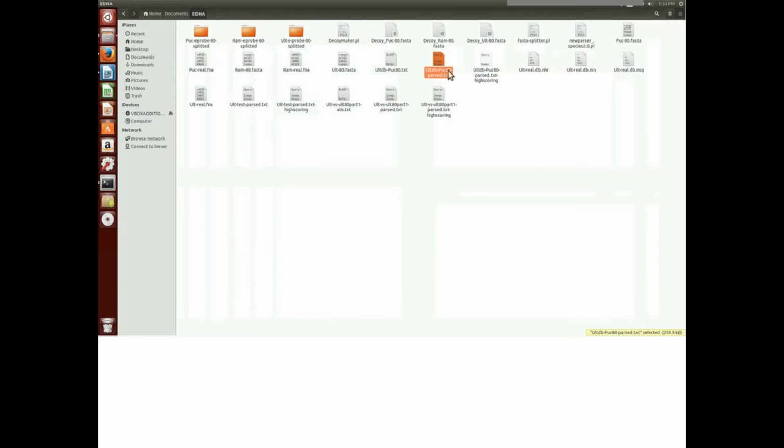These are just the raw data, which means like within zeros, I think. And this would be the high scoring one. So this is the Ultimum database Puccinia 80 parse text high scoring. I told you that you will get 2 files, and the high scoring are the ones that you want to focus on. So in this case, you have number of probes 10,000. High scoring segment matches, which are the high quality matches, 0. And if you go to the file I sent you,